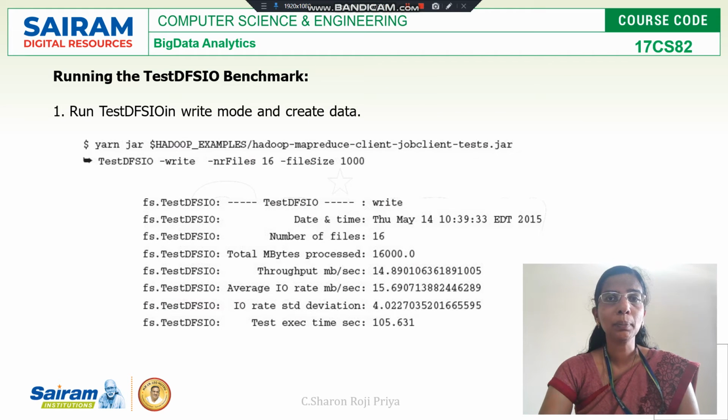And the next benchmark is TestDFSIO, test distributed file system input output. I'll be using read write operations in my distributed file system to test my Hadoop application.